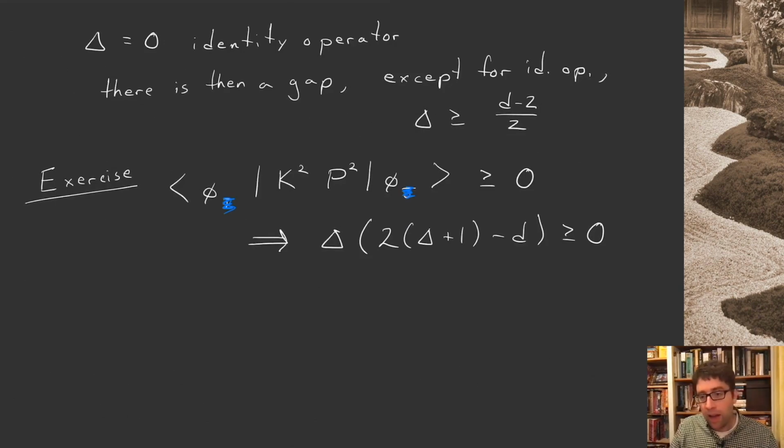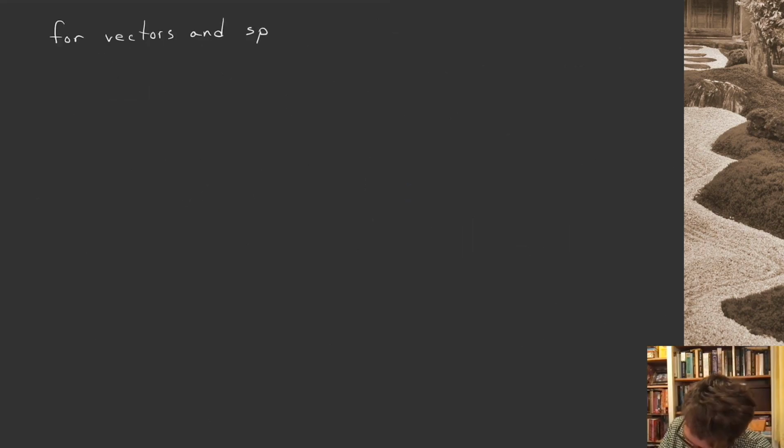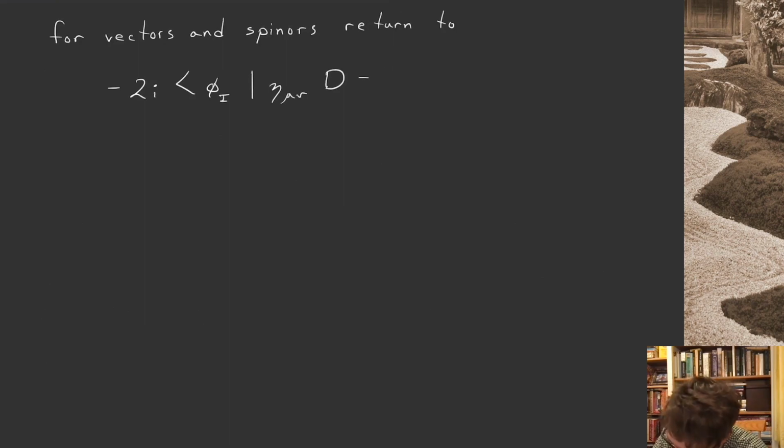Now, for the higher spin operators, the constraints are a bit simpler. We can just go back to the result we had before. So for vectors and spinors, let's return to this constraint, minus 2i phi I prime. So now the index does mean something. It's either going to be a vector index or a spinor. Minkowski minus m mu nu phi j greater than or equal to 0. And I see I really have,